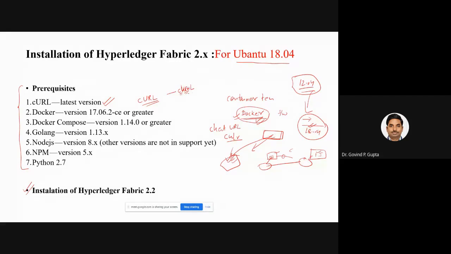Client URL. Okay, so what is the purpose of this curl? So curl is nothing but a command line software, a code which facilitates the transportation of data or file from one system to another system. Okay, and the argument of this is a URL.